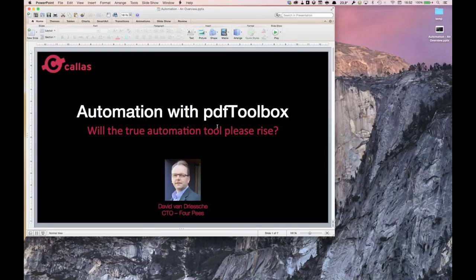And whether that is pdfToolbox Server by itself for the hot folder functionality, or whether you put pdfToolbox inside of tFLOW Production and have that beautiful user interface around it, and that mix of automatic and semi-automatic workflows, or whether you want to put pdfToolbox in FileTrain and have the higher level of flexibility,